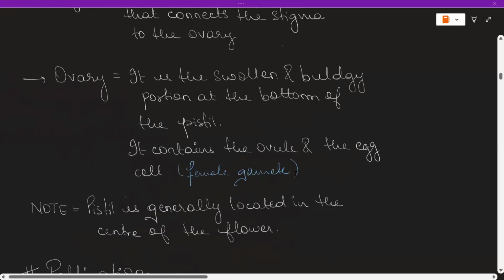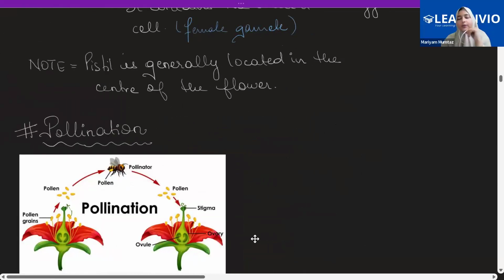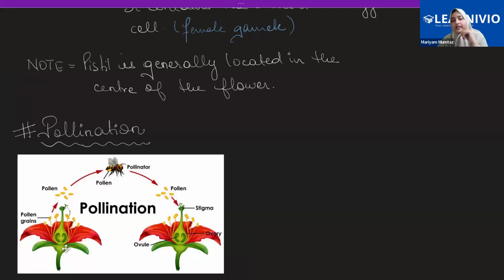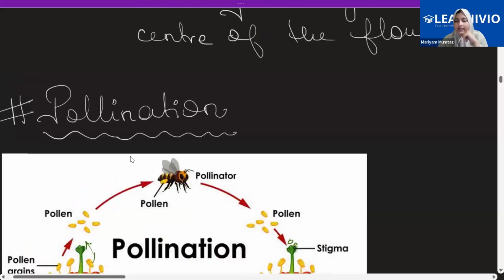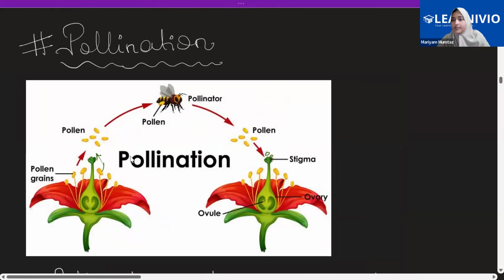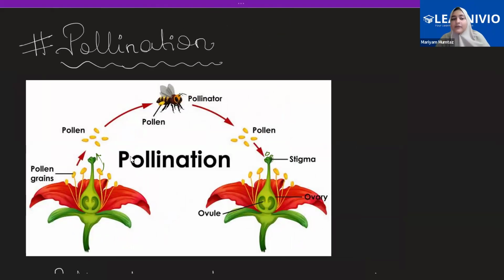So after this, we had also discussed the types of flower. Now let me give you a quick introduction of what pollination is. Now see students, once the male and the female gametes have been formed, you people know that in sexual reproduction, the male and female gametes have to fuse. So how will they fuse? First of all, they would have to be brought together, right? So the male gamete, which is the pollen grain, has to be brought towards the female gamete in order to fuse. And this process wherein the male gametes are transferred from the anther to the stigma, we